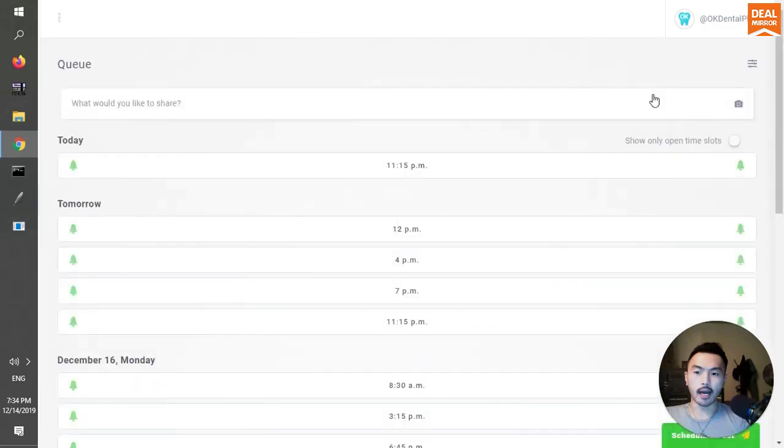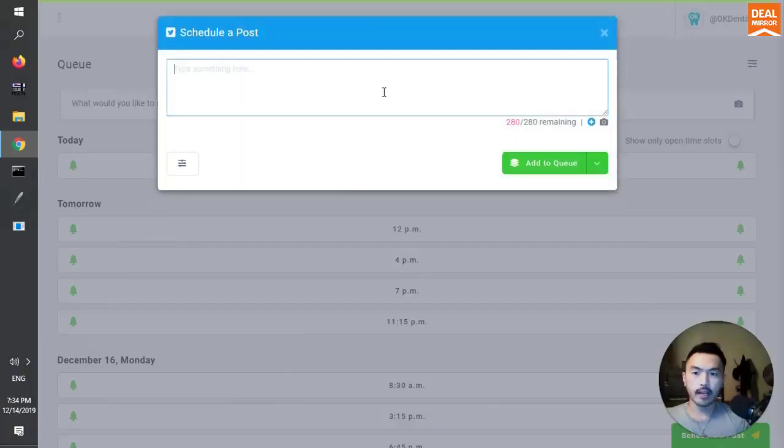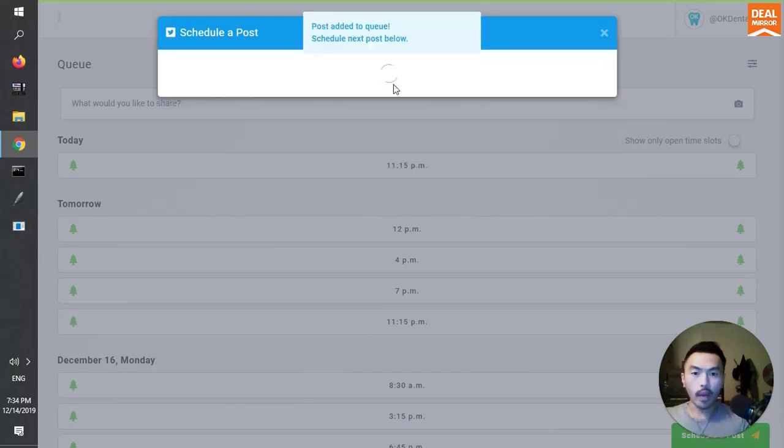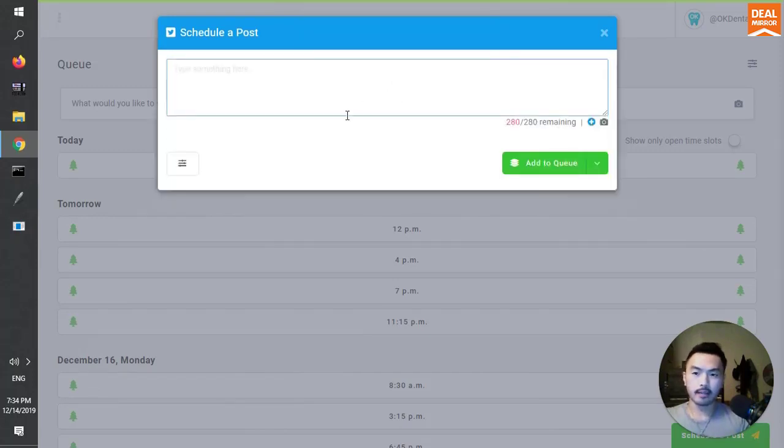And what I want to show you next is something called rapid fire scheduling. This is one of our killer features that differentiates us from all the other social media schedulers out there. Okay, so I'll just quickly schedule a tweet right now, and we'll add it to the queue. See, what happens next is that the app immediately opens the composer again so that you can schedule the next tweet. So that way you waste less time,